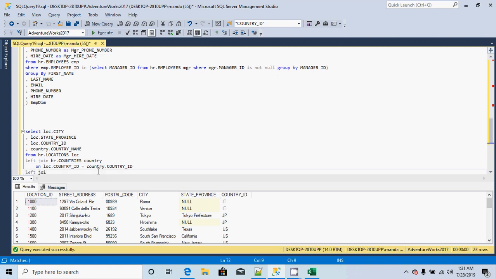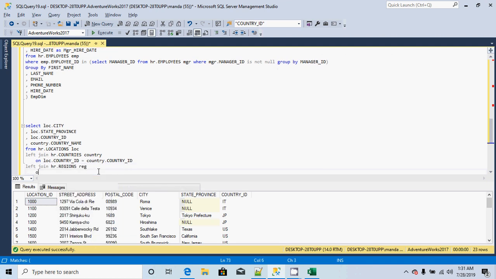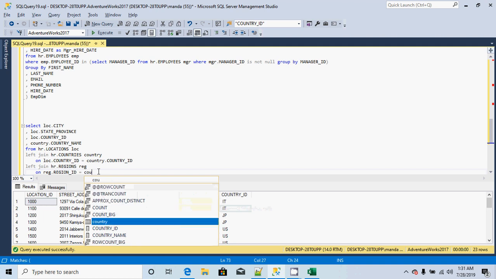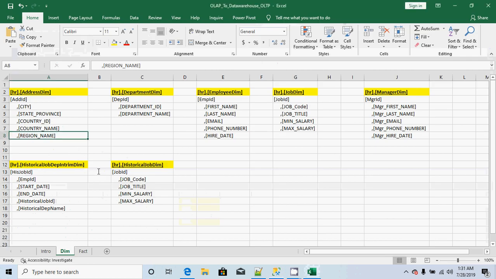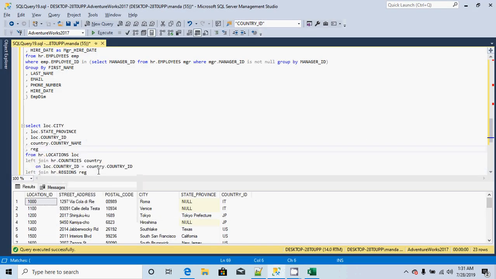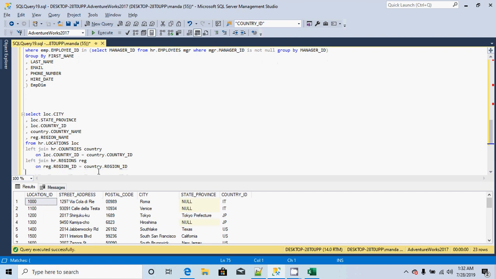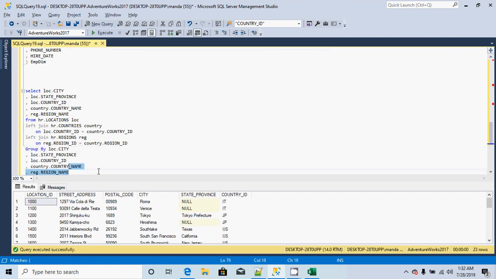The last column is region, which will come from the region table. Left join HR.region reg on, and that will be based on region ID, which you will find in the countries table: country.region ID. Let me pull region name as well, from region.region name. Since we need distinct records and don't need duplicates, I will add a group by. You can add distinct as well, but I always use group by instead of distinct. So if I run this,